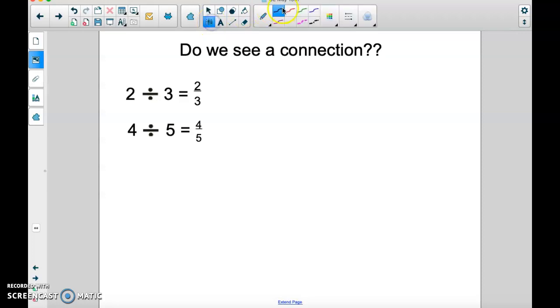So, one pattern that I'm noticing is in both of these equations, that first number, that dividend, becomes the numerator. Right? It happened there, and it happened here. And then in both equations again, that divisor, that second number, becomes the denominator. So a quick little trick